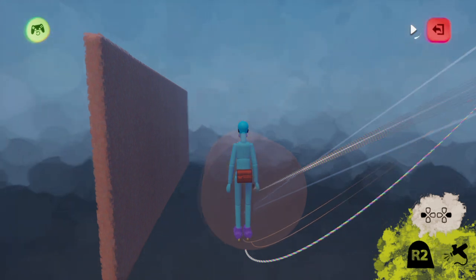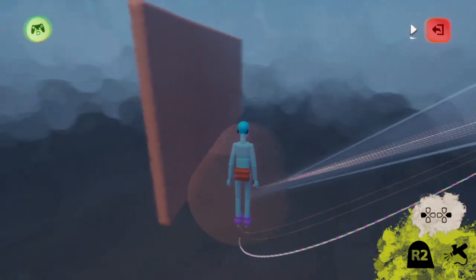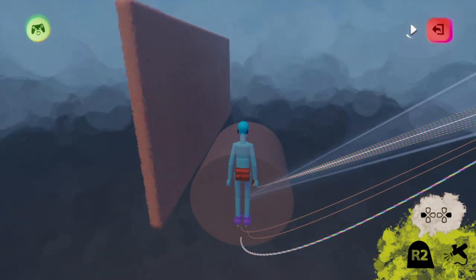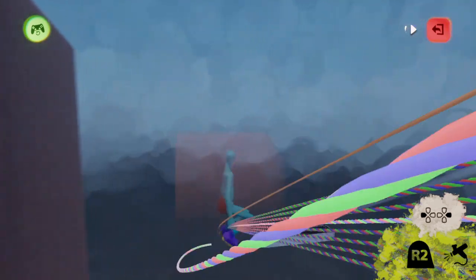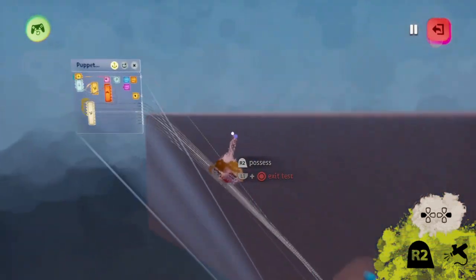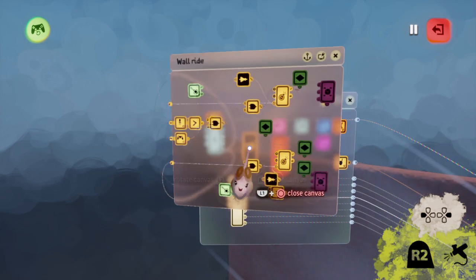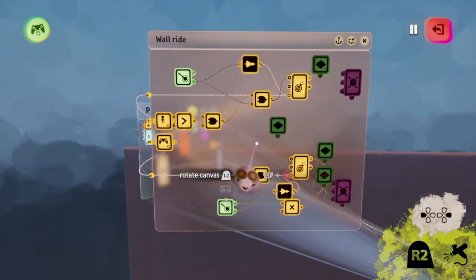Okay, another quick tutorial. This one is for a wall run. This character actually does a wall ride because he skates, but whatever. It looks like this. That's so cool, right? Alright. Once again, I was doing a tutorial just because I couldn't really find one that worked very well for